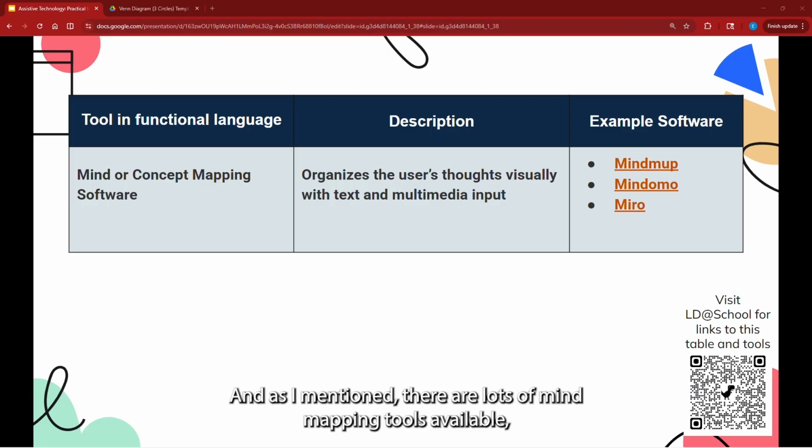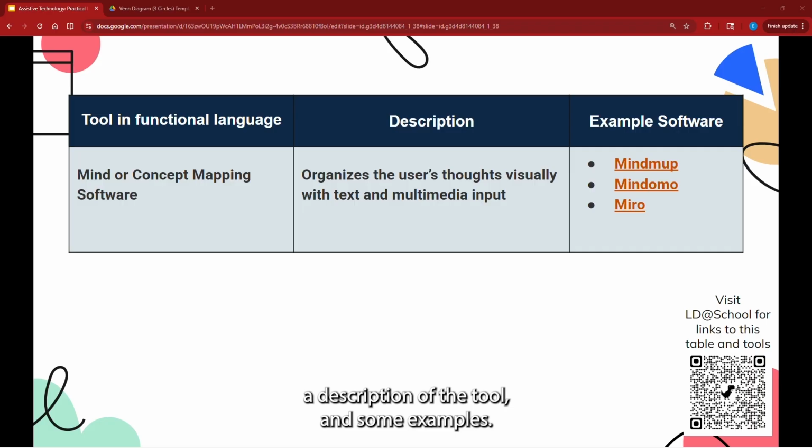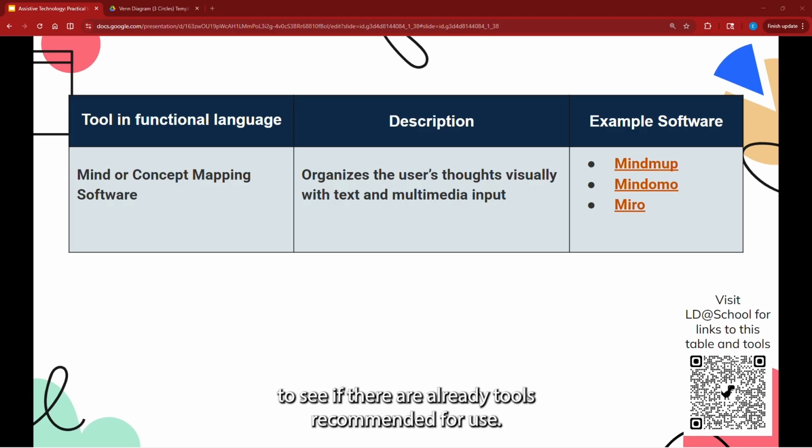And as I mentioned, there are lots of mind mapping tools available, but some I find are a little bit more robust than others. So presented on the screen is a table that identifies the functional language, a description of the tool, and some examples. Note that these examples obviously are not an exhaustive list, nor are they necessarily an endorsement for their use, but make sure that you connect with your school or your school district to see if there are already tools recommended for use. You can also check out the link that's shared via the QR code in the bottom right-hand side of the screen,